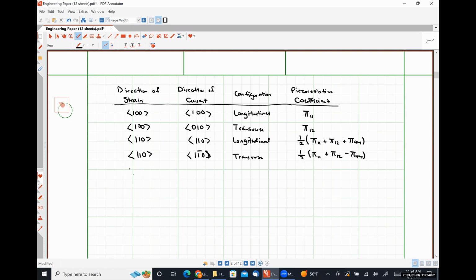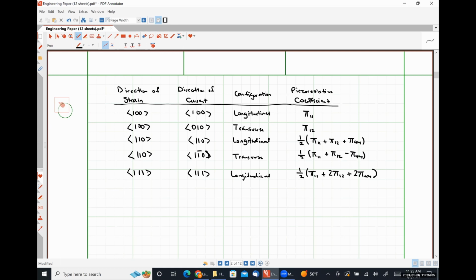And then lastly, for 111 strain direction and current direction, we're going to have 1/2 (pi11 plus twice pi12 plus twice pi44). So the reference that I got this information from, effectively this matches very well with the official textbook for